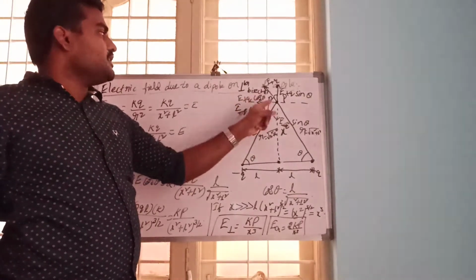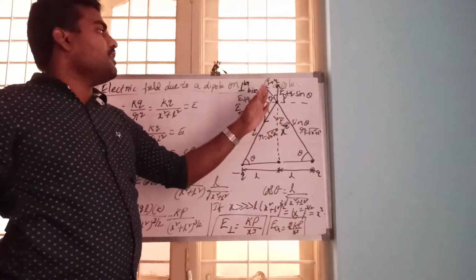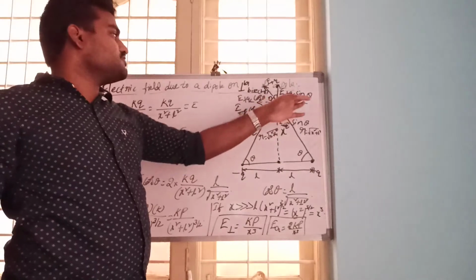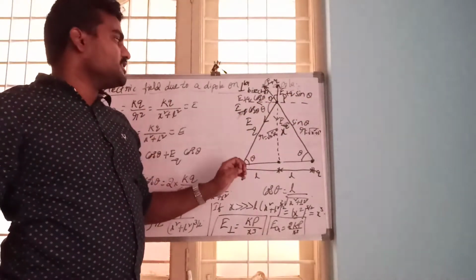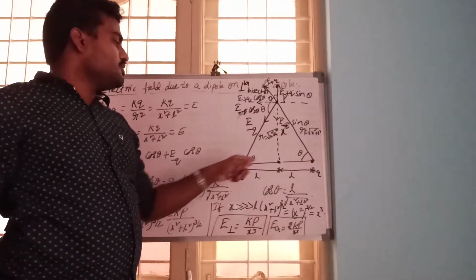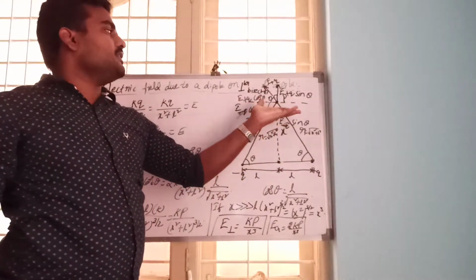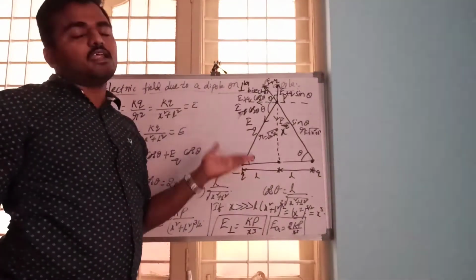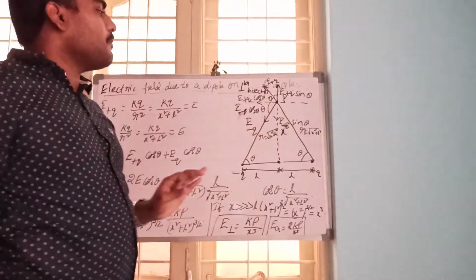So here, if you resolve the components of the electric field onto the x and y axes, then the y-axis components, E plus q sin theta and E minus q sin theta, will get cancelled. The important thing here is that the point is at the same distance from both ends of the dipole, so the electric field will be the same. And since it is an equilateral triangle, the theta also will be the same for both